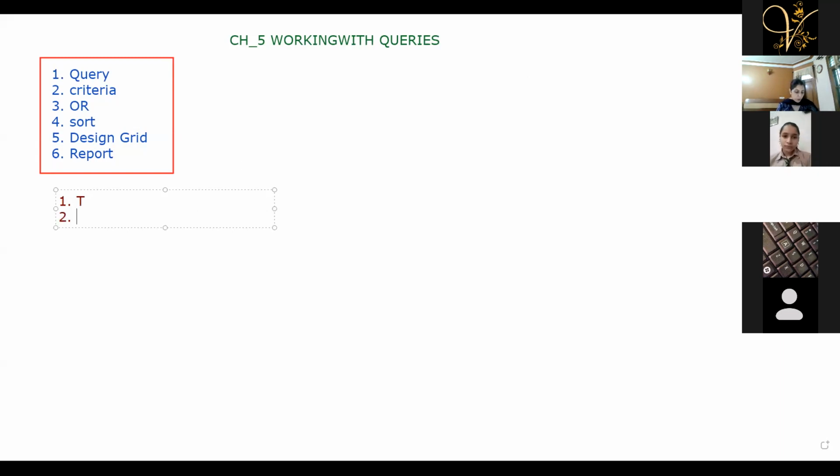Next is a report is created exactly in the same way as forms are created. False. A report is created in exactly the same way as forms are created. True. Forms कैसे create होते हैं? Who will let me know? How the forms will get created? Create tab. Reports group. Report option. So using the create tab, and reports are also created from the create tab. So the methods are same. So that's why the answer will be true.